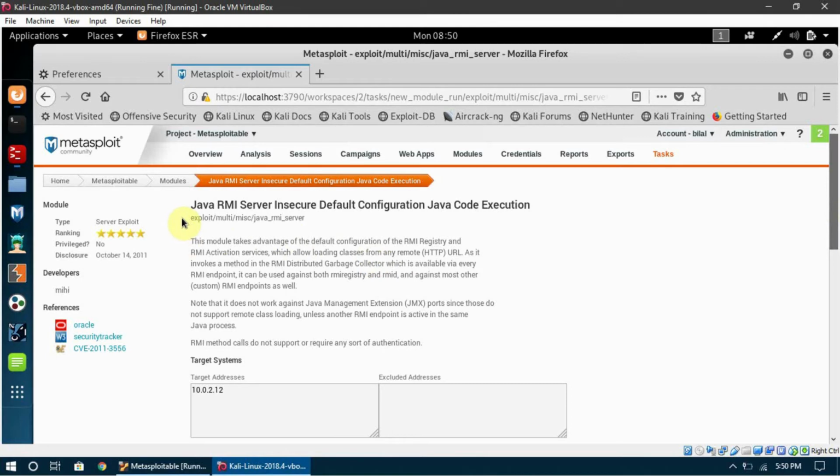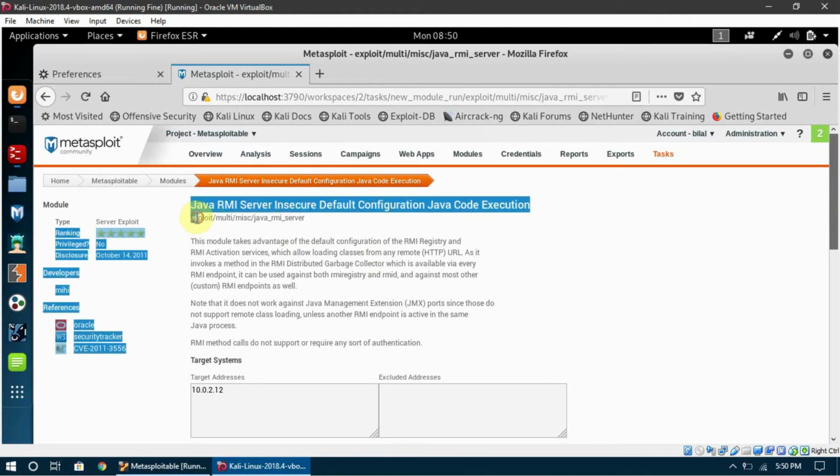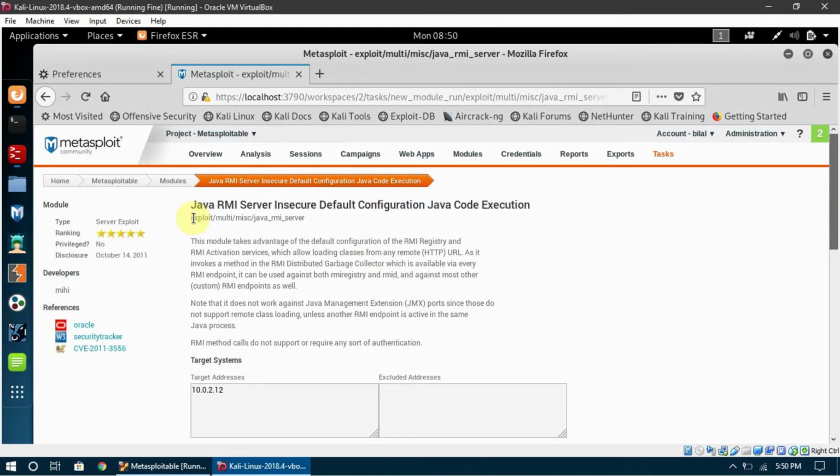In here you can see that there is a name which says exploit multi misc Java RMI server. When we were using Metasploit on the terminal, you remember that we used to copy something like this from the Rapid7 website, and then we were using that payload or that exploit in the terminal, and we managed to gain access to the server.